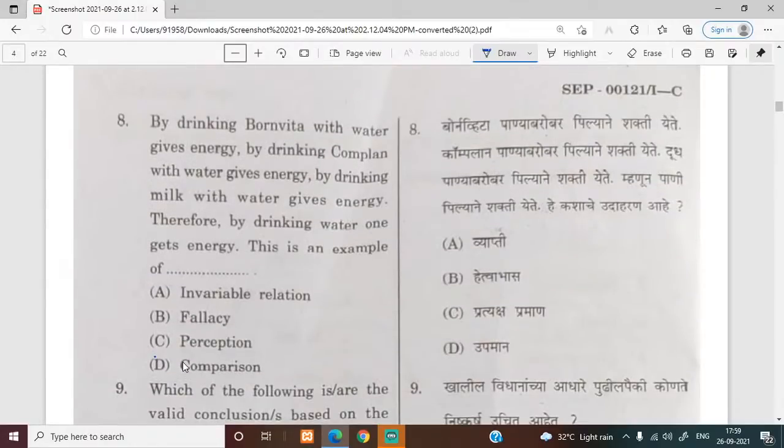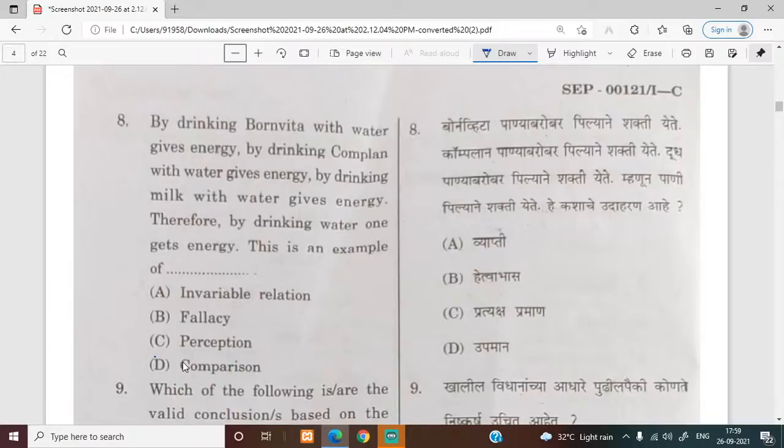Question number 8. By drinking Bonvita with water gives energy. So this is a logical reasoning question, students. So by drinking Bonvita with water gives you energy. By drinking Complan with water gives energy. By drinking milk with water gives energy. Therefore, by drinking water, one gets energy. So this is an example of invariable relation,